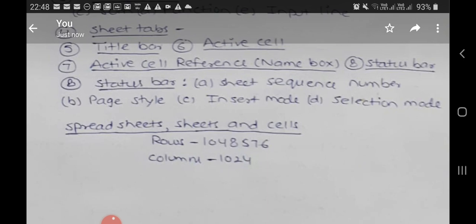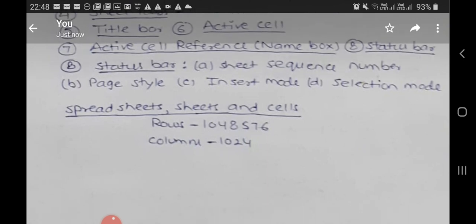Next one is selection mode. Click to open a context menu and toggle between standard selection, extended selection, adding selection or block selection. Now first one is standard selection. Click in text or cell where you want to position the cursor and make the cell active. Any other selection is then deselected.